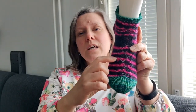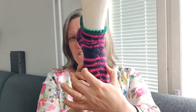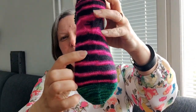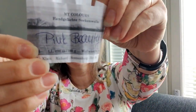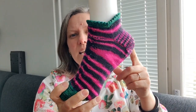But I have mentioned this motif, and which page of the Stitionary it's from. But it was 20 stitches wide. And I only put it here on the top of the foot naturally. The sole of the foot is just plain stockinette, and yeah, I'm just going to show you the ball band. I forgot to. So this is Dosocke, Pink Rose is the colorway called, and